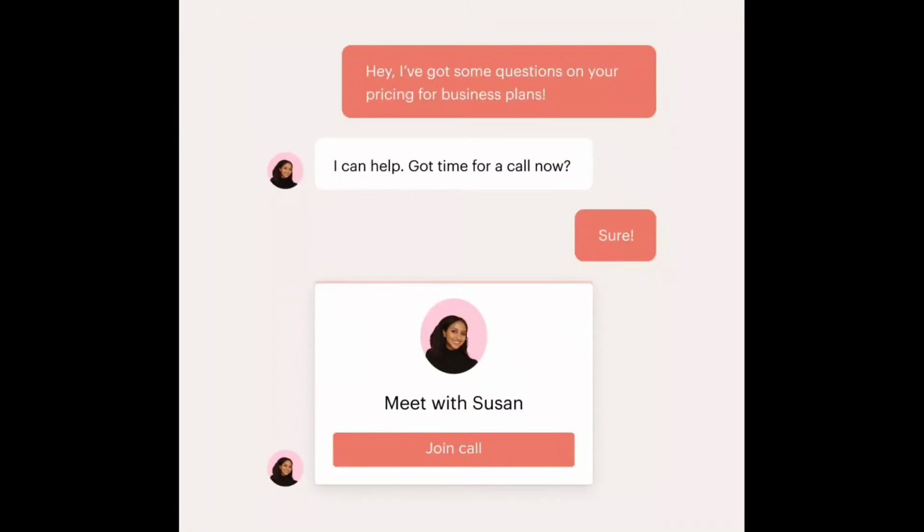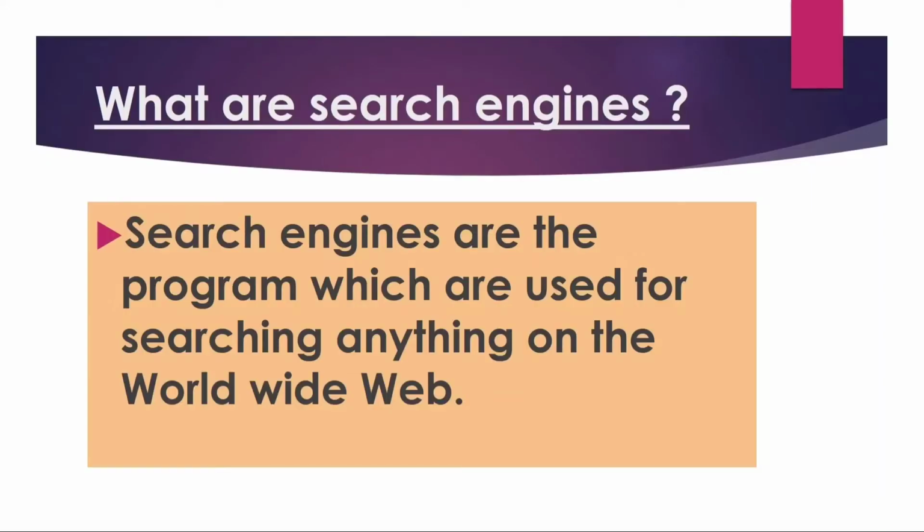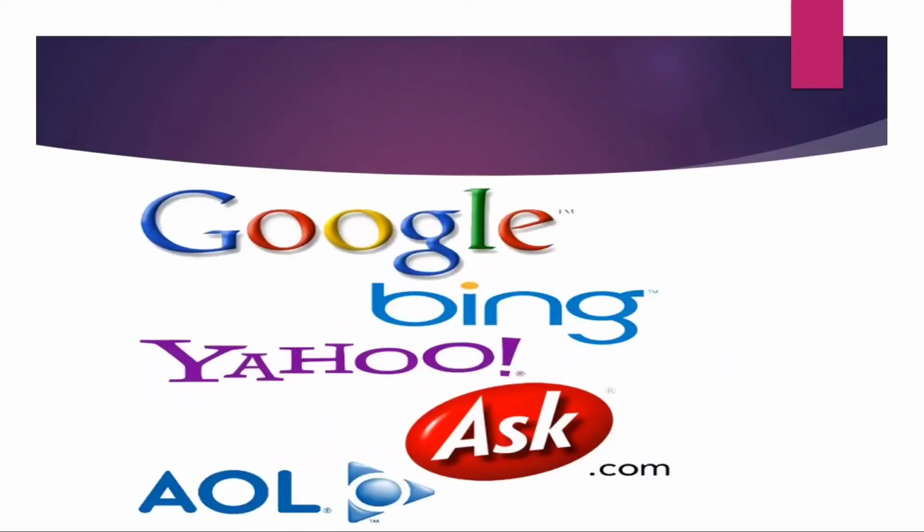That is called chatting. Next topic is what are search engines. Those were the terms. Now I am going to tell you about the search engine. Search engines are programs which are used for searching anything on the World Wide Web. As you have also searched, I am giving you some names of search engines, like Google, Bing, Yahoo, Ask.com, AOL.